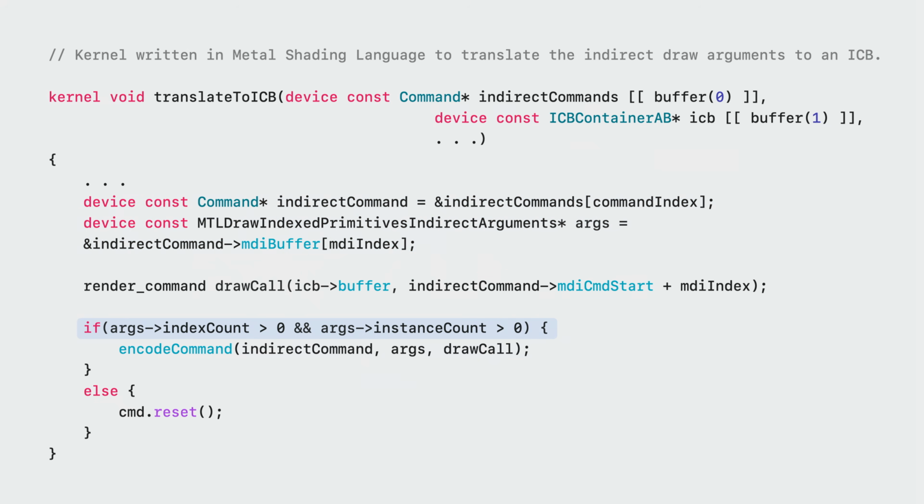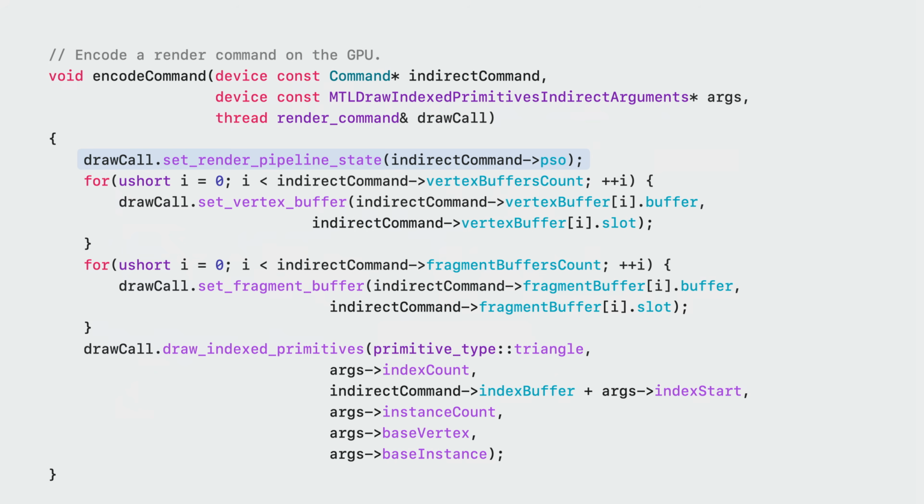Next, check if the arguments are valid, and only then encode the command. In the encode command function, set the render pipeline state, buffer bindings, and the draw call. This translates the draw arguments to a render command in the indirect command buffer.